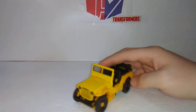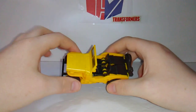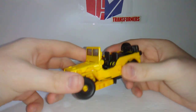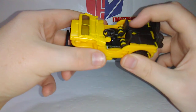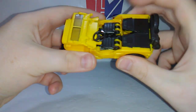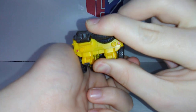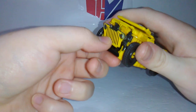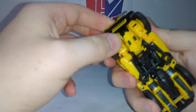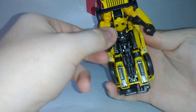Alright. So, getting on to the transformation, it's probably one of the most nice and satisfying transformations of a Bumblebee figure I've ever had. So first you want to flip down the windscreen, flip up the steering wheel, fold down the seats, and they will clip in. Then you want to take the spare tire and gas can, they are connected, and fold them down. They will click nicely. Then you want to take the front bumper and push down on the bumper, and it will push forward. Then you want to bring it down, take the arms out to the side, rotate them,